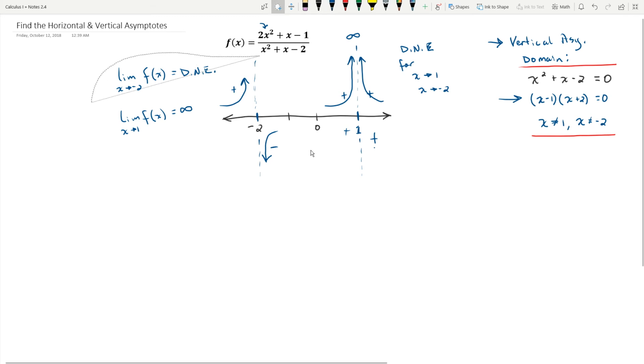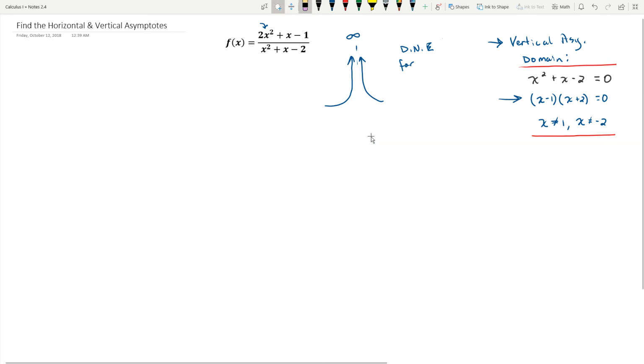So to answer the question, where are the vertical asymptotes? Well, just by taking the denominator itself and then plugging the values in to make sure that we don't have division of 0 over 0, which would mean that there's a removable discontinuity, meaning that there would be a term in the numerator and denominator that would reduce. Because we found that we did not have that, we can say that our vertical asymptotes